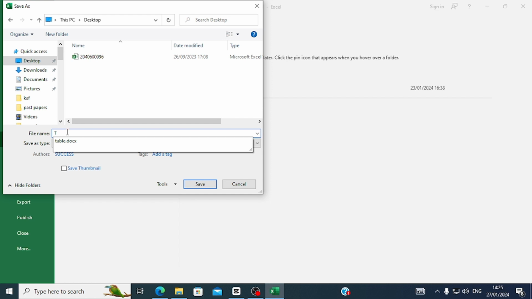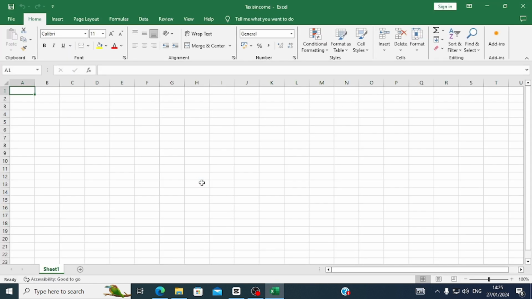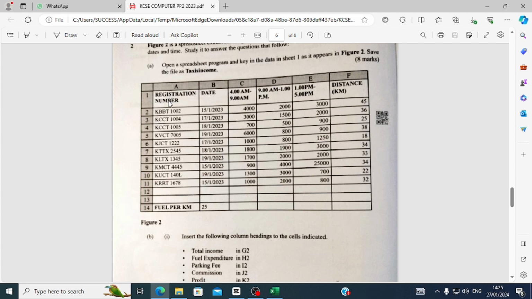Remember, Taxes is with a capital T, Taxes Income. There is a mark in saving your work, so make sure you save it correctly, with a capital T. So we save, and then we start